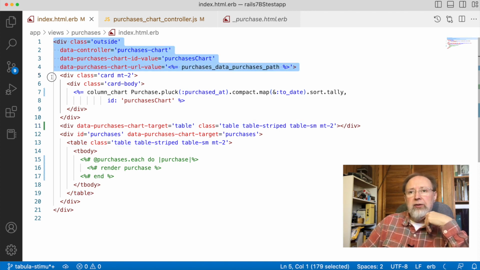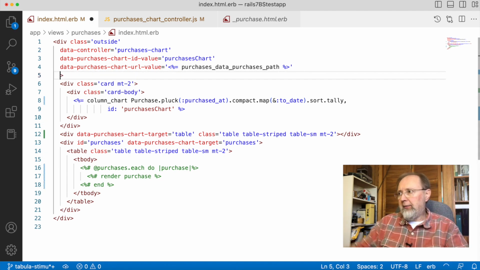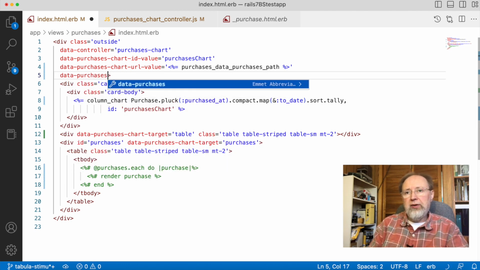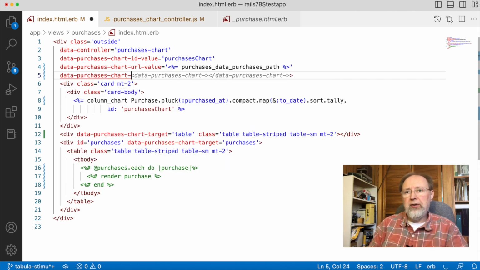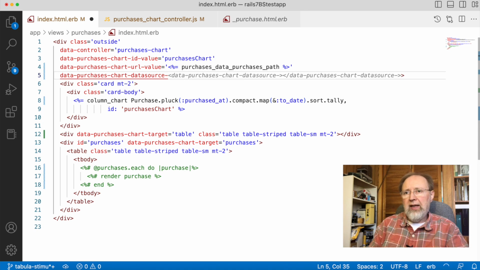We have this outer div, which is around everything, and that's tying the data controller into everything inside, or exposing that controller to everything inside. So here we've set chart ID value and those chart things, but now we want to add something for Tabulator. So purchases chart, and what do we need? It's data source value,